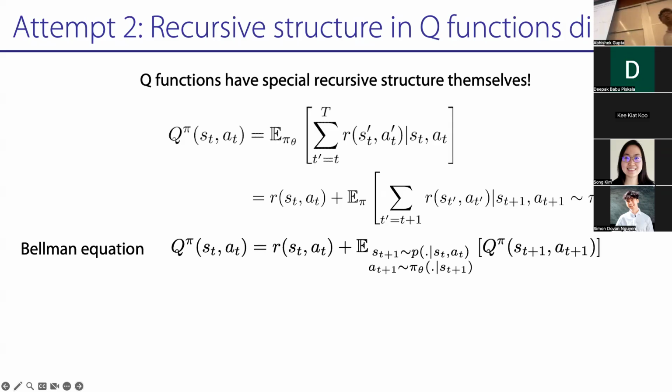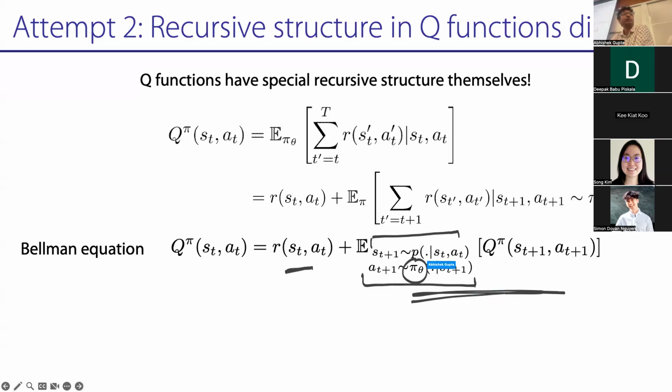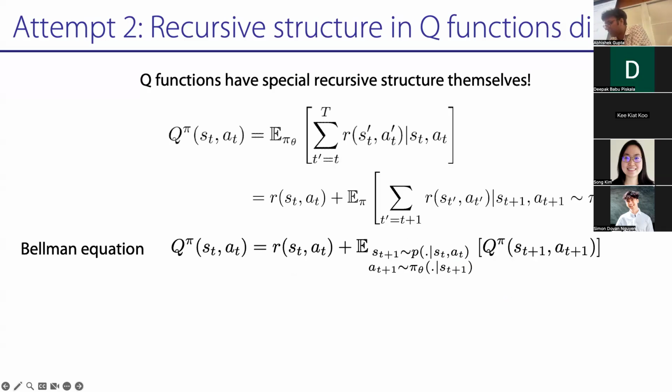Right. So, your Q function, the expectations are super important. Don't ignore them. Your Q function at time t is equal to your current reward plus the expected Q function in the future. But the expectation is under s_{t+1} from your dynamics and under a_{t+1} from your policy. And so here the important thing is that the next state that you're getting to is coming from the dynamics.